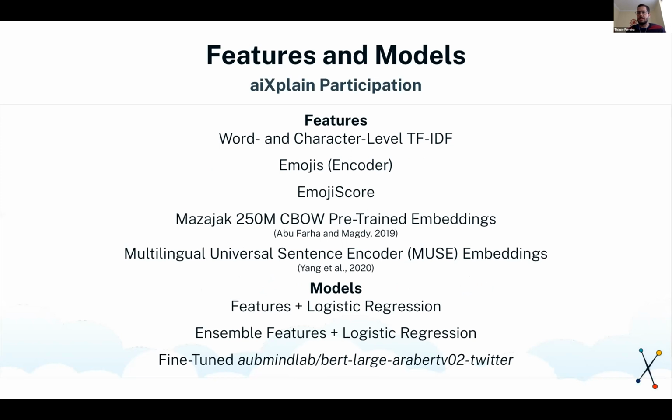Then we tried several features and models in development, training on training data and testing on development. In terms of features, we used all kinds of generations of continuous representations. We did word level and character level TF-IDF. We did one hot encoder of the emojis. We also did a bag of words that we call emoji score. For each emoji that appears in the text, we measure the ratio of the number of positive tweets on the training data divided by the number of negative tweets on the training data in which